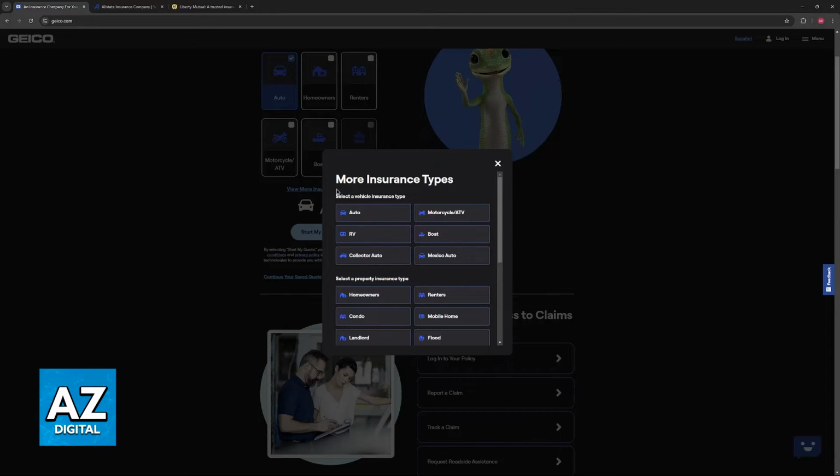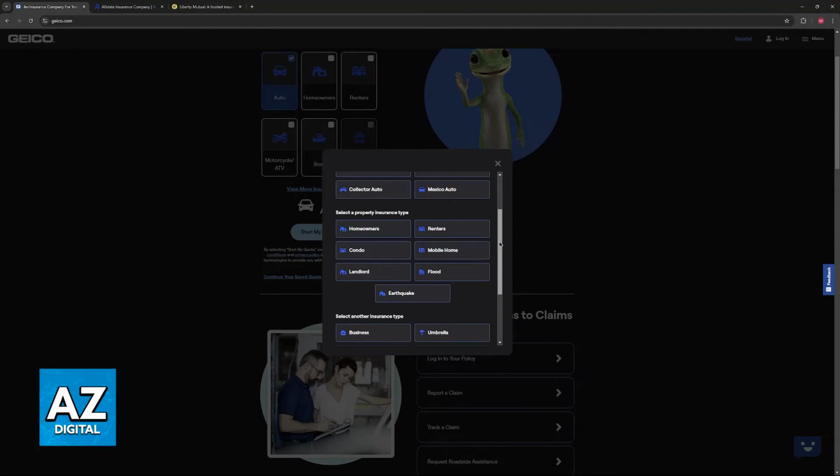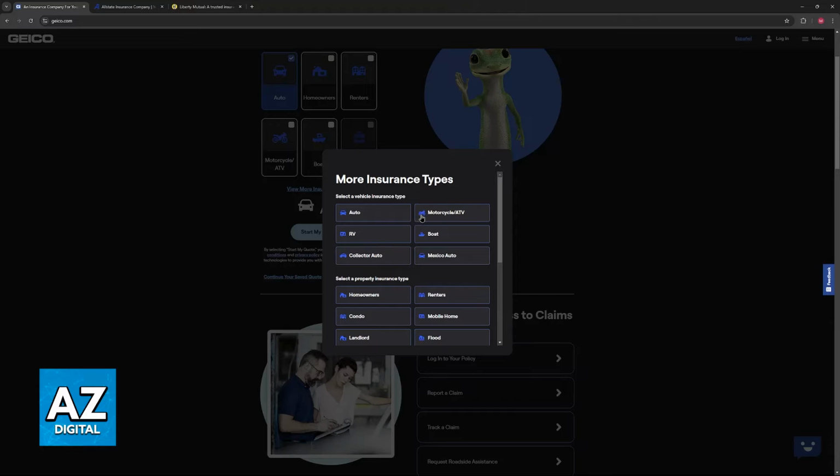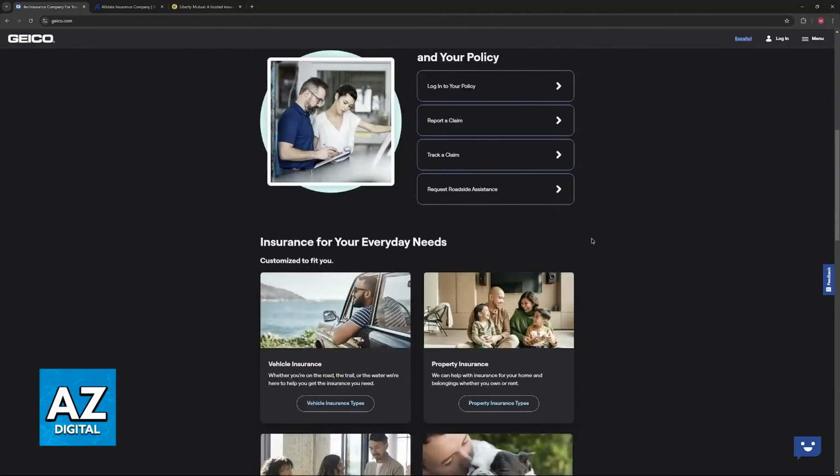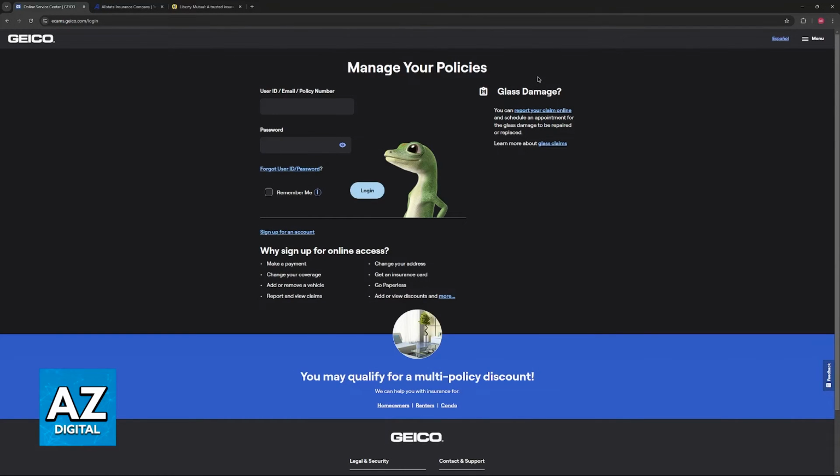Once you find a specific one, access the transfer option, so policy transfer or change of ownership, and you will be able to input the details of the new policy owner, including name, address, contact information, and any other required details. This will allow you to carefully review the information and submit the transfer request. Now, because this contains a lot of personal information, I won't be able to show you this process on screen, but regardless, you will be able to get it done as long as you include valid and legitimate information about the new policy owner. By doing this, you will be able to transfer it all together.